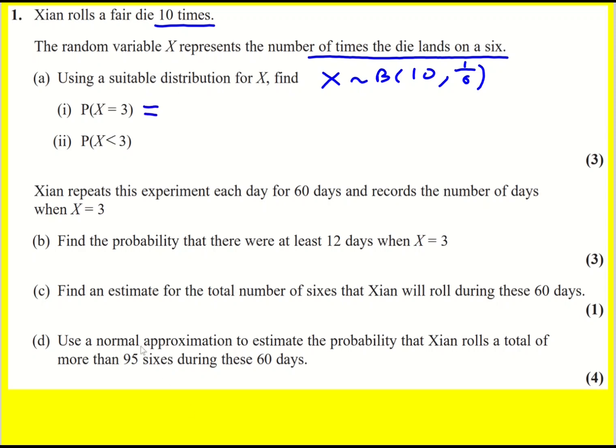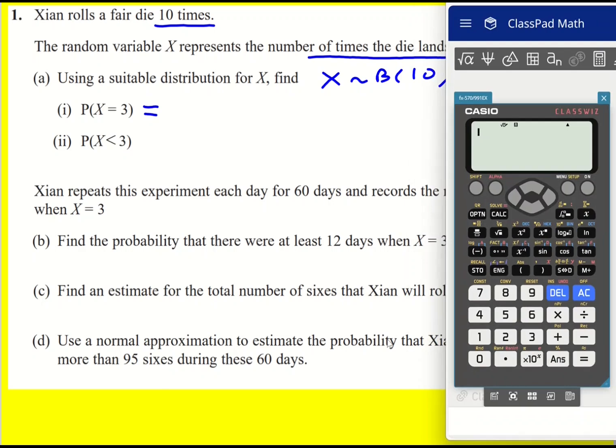Now, if we want to find the probability x equals 3, the quick way is just going to be to put it into our calculator, go to menu. I'm using the old ClassWiz calculator, just prefer it to be honest, and I've kind of realized that this emulator can deal with it, but you should be able to find it on the newer one if you're using that. So distribution, I'm doing binomial PD here, because it's just an equals, and then I'll just go with variable for one value, putting in 3, and then 10, and then 1 over 6,